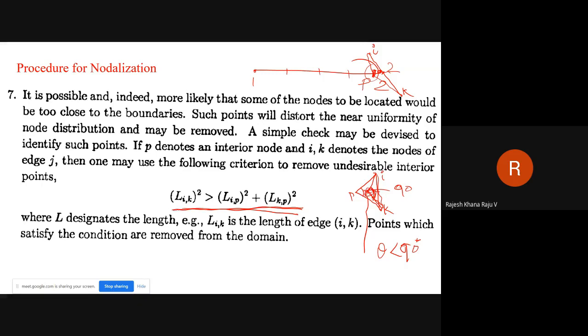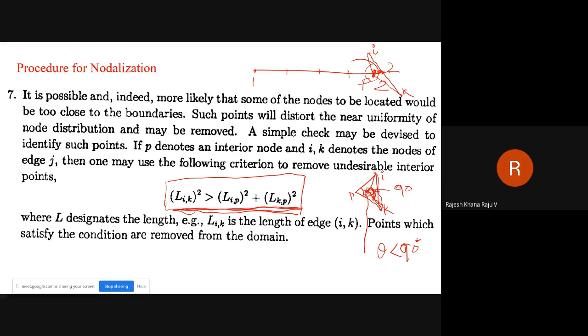So for that reason, the logic is you take this sort of constraint. If it is satisfied, then it is okay. Sorry, if it is satisfied, then you remove those points. If it is violating this criteria, then you retain those points. So depending upon that, we will decide which of the points should be kept in your calculation for the triangulation, and which are the points which have to be discarded.